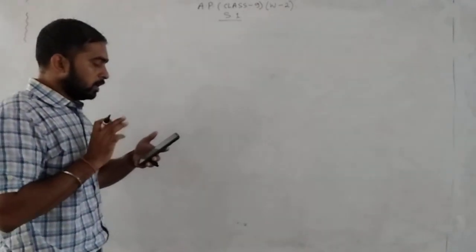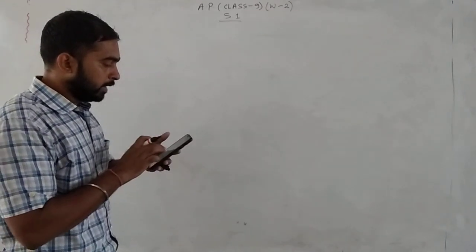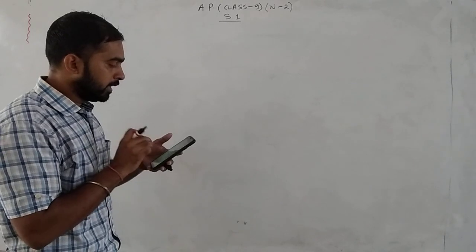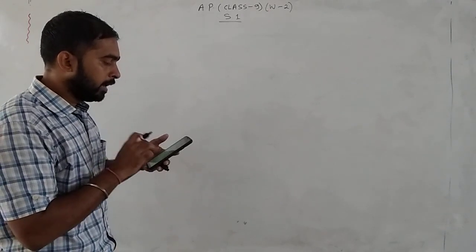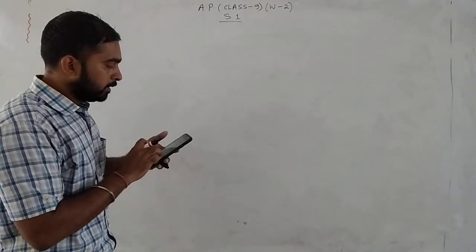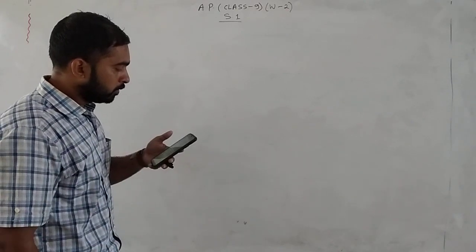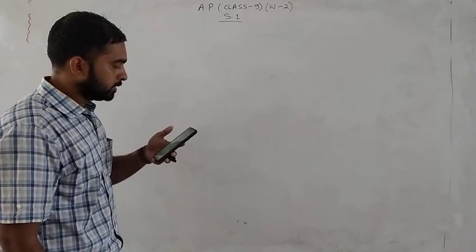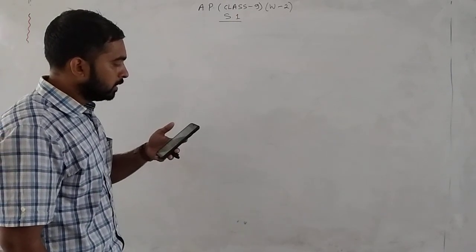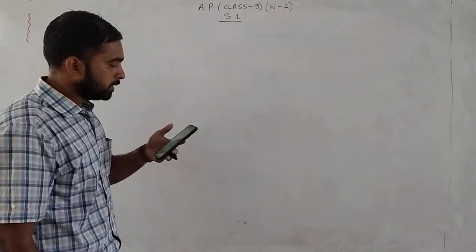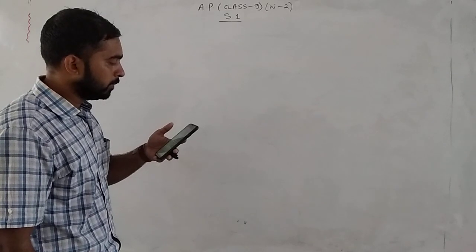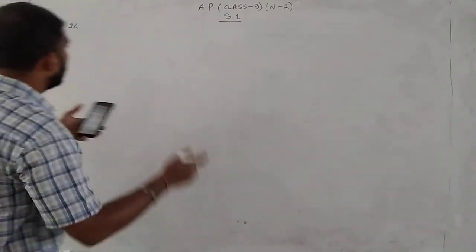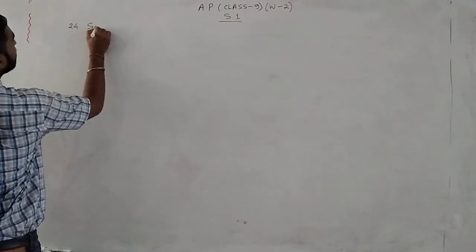First of all, if the first term, second term and nth term of an AP are A, B and L respectively, then show that n equals twice A minus B minus L by A minus B, and n equals A plus L into twice A minus B minus L by 2 into A minus B. Okay. Now here, what is the first term given?